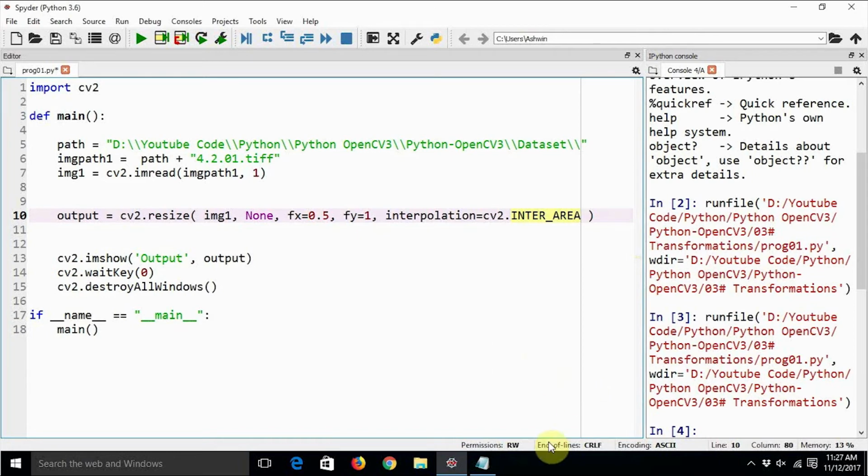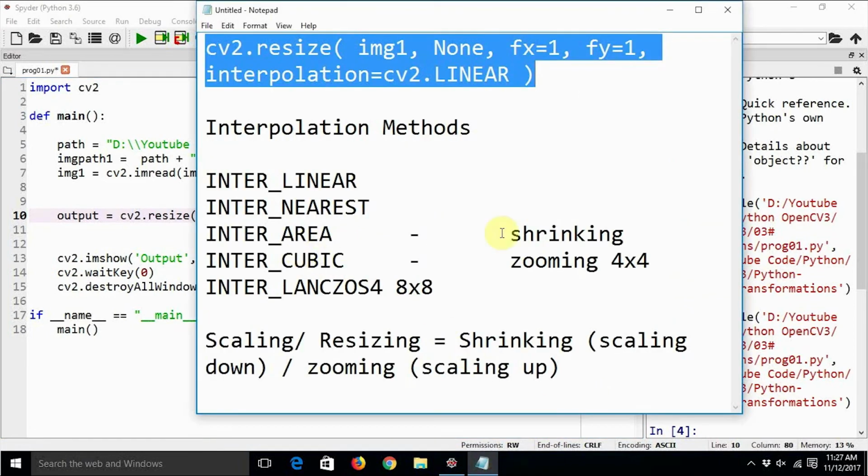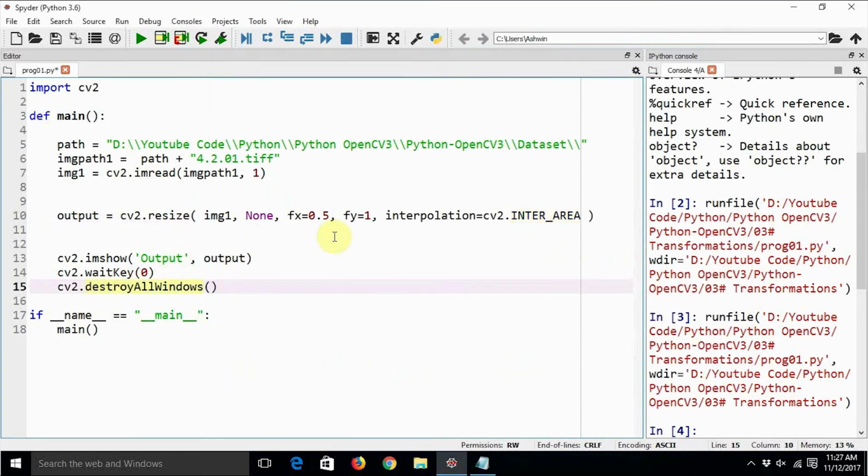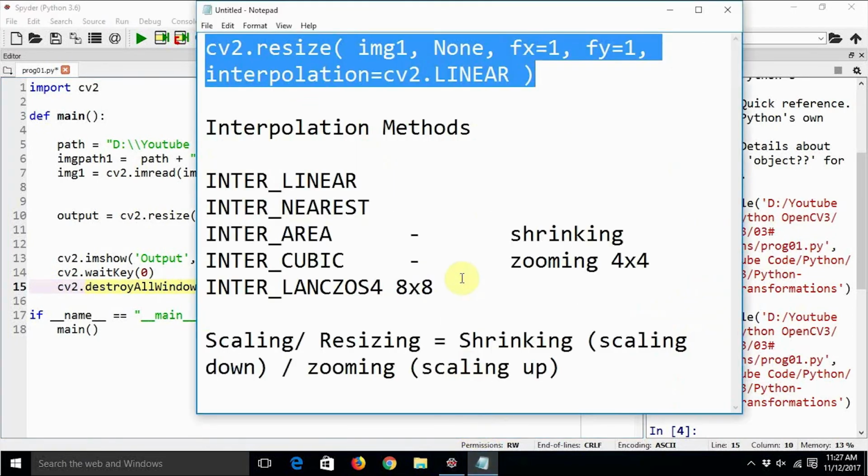If you try to use even the nearest interpolation method for scaling the image down, it is going to give you the output. Don't worry about it. You can take this as an exercise. Just try all the types of scaling operations with all the types of interpolation methods and then compare the results. You can save all the outputs in files, we know that we can use the imwrite function to save the output images, and then you can go ahead and compare the file sizes.